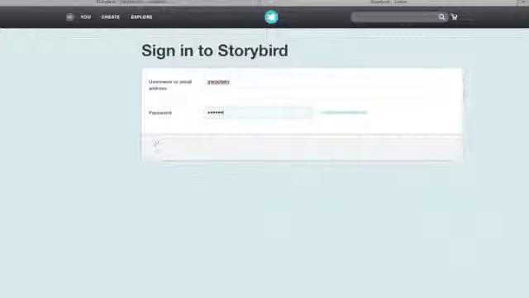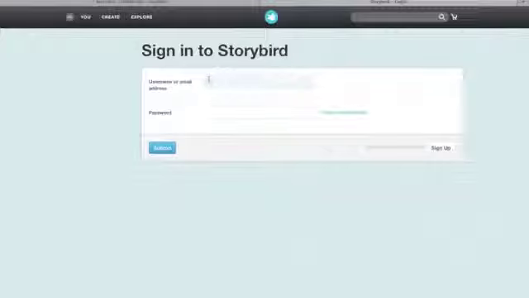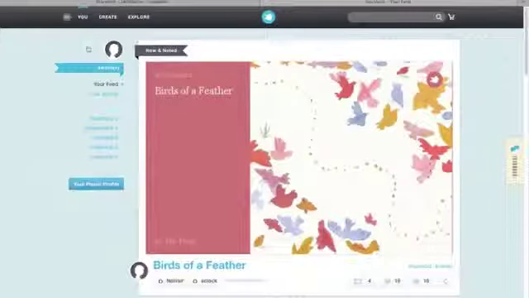Once you come to storybird.com/account/login, you'll be sent to be able to sign in. You will have your username and your password. And once you have that, you can just type in enter or press enter. Let's try it again. And submit. And you'll be taken to